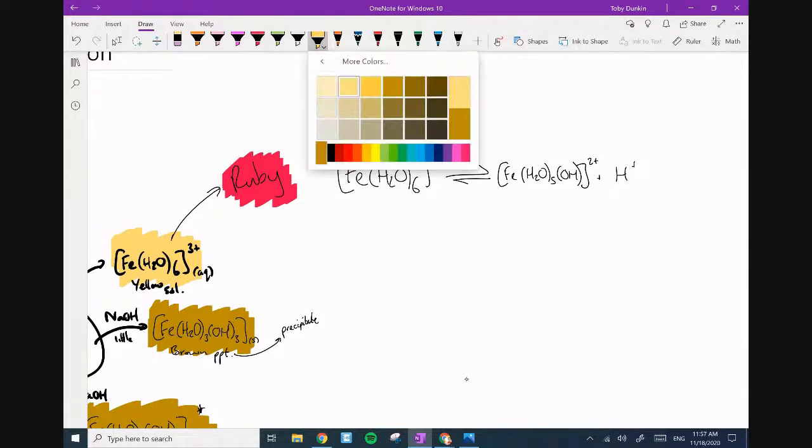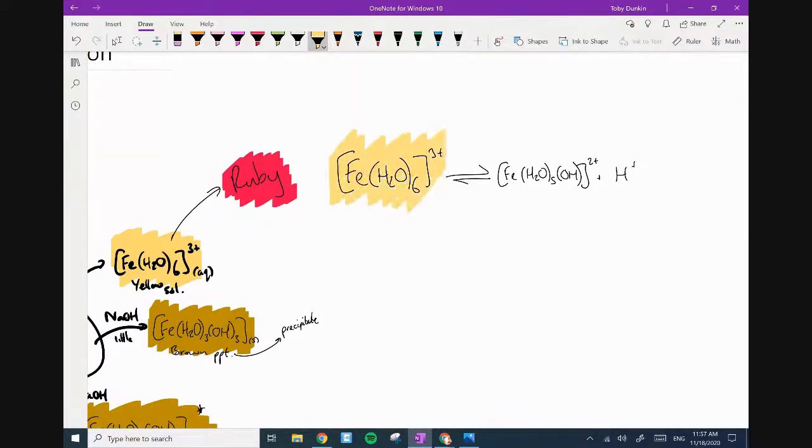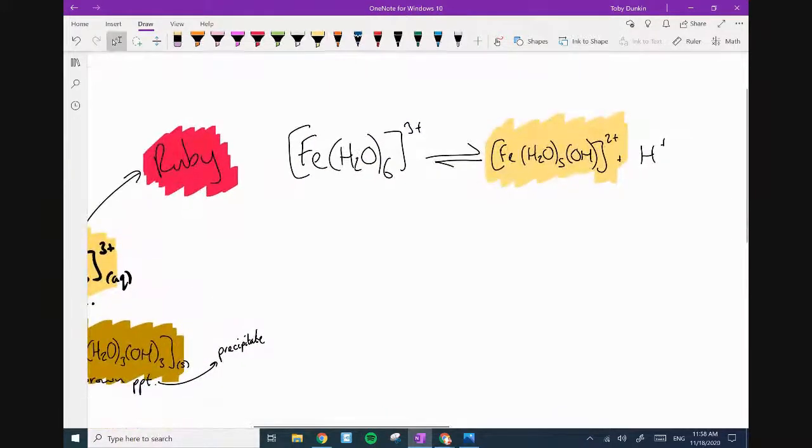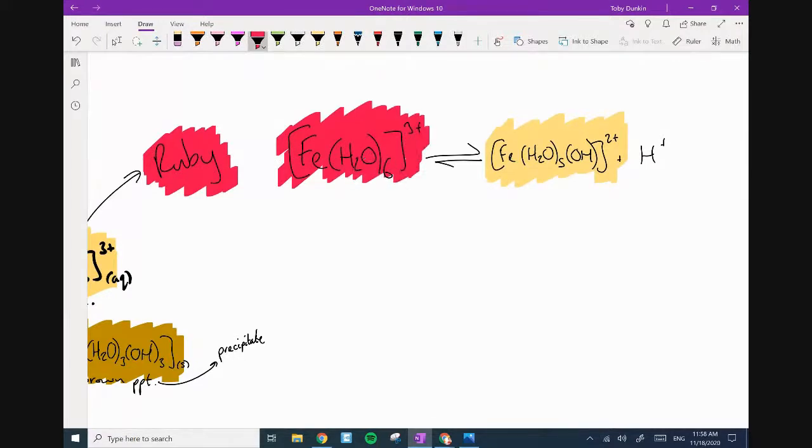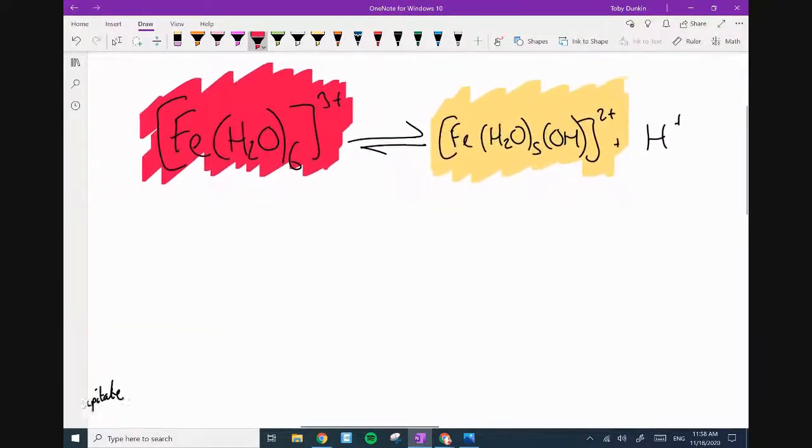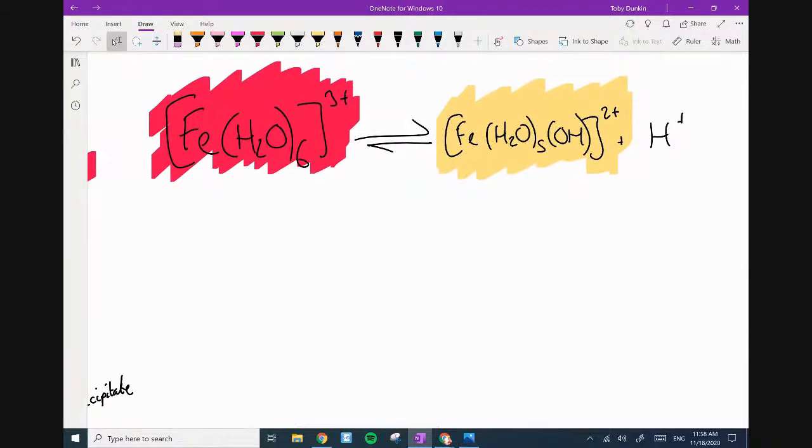That yellow there, it's not actually yellow. That is the yellow one. That's actually what you're seeing. And this one is the ruby red. Sometimes they've used questions like this to say, explain how a student could increase the level of ruby